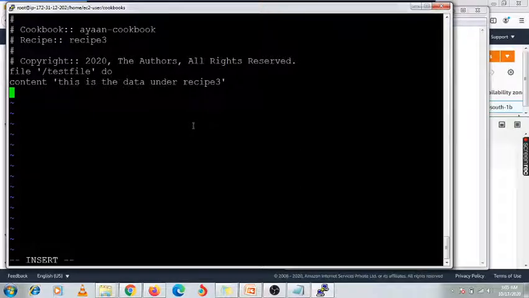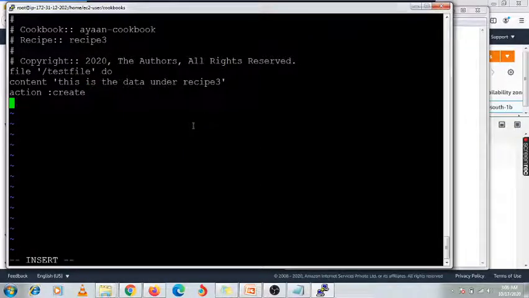This file we need to create it. So you need to mention the action, shift colon, you need to create it. Whenever we are creating any file or directory, we say we are creating, so you need to mention create. Then what is the owner of that file?